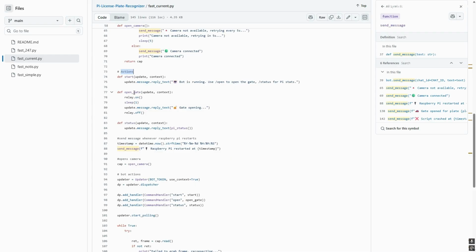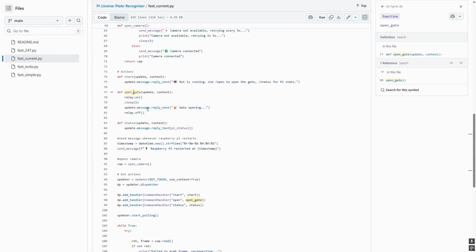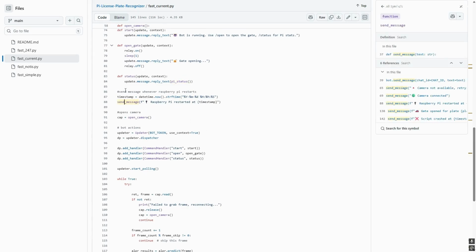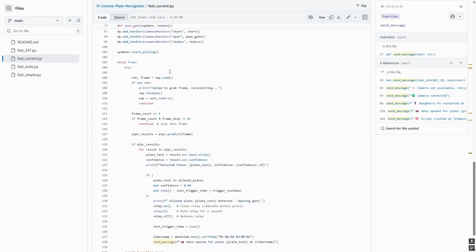As you can see here in the OpenGate function, we type in /open, and then the gateboard. What happens is that the bot will open the gate, and we also get a message replying to that action. Again, for status, the same thing. We type in /status, and we get the message with information of the Pi hardware info. We also get a message anytime the Raspberry Pi reboots, and then we enter here the main loop of the